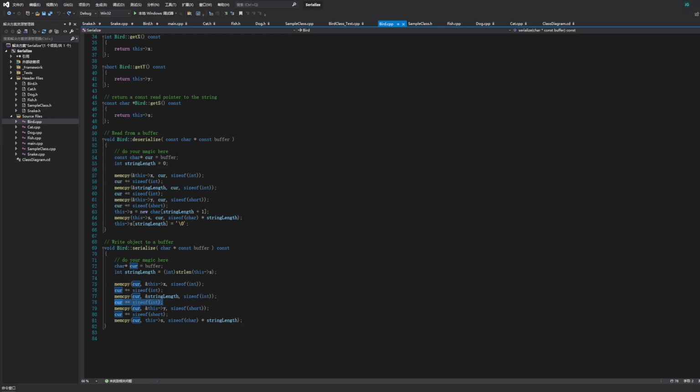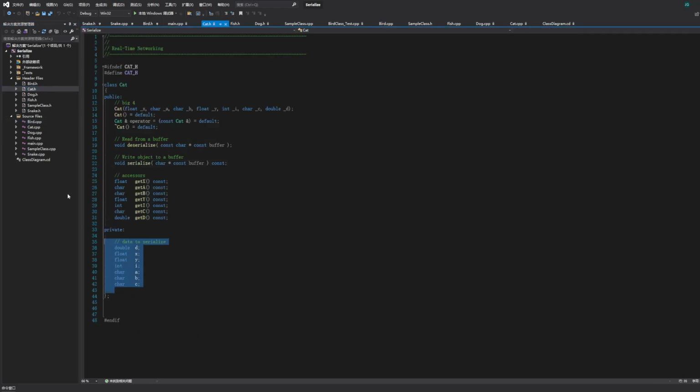And when we are trying to deserialize it, don't forget to add one, because there's a null terminator, slash zero, behind our string. And then for the cat and dog